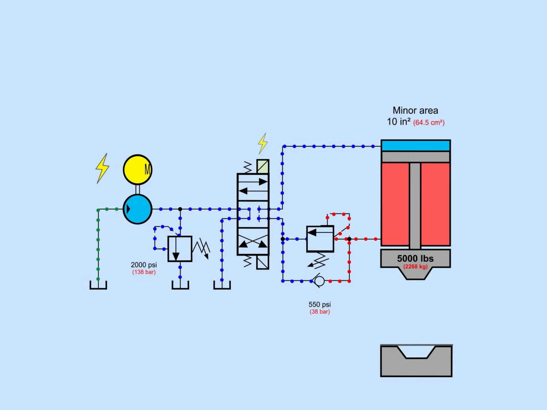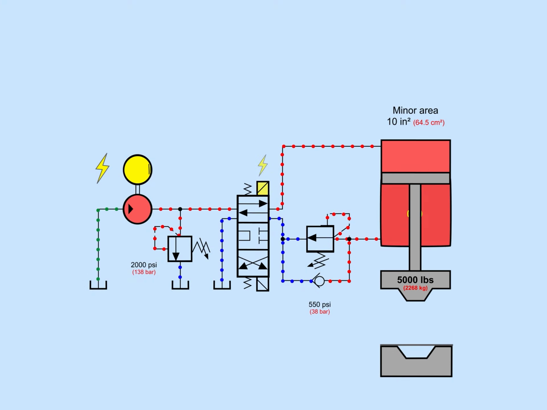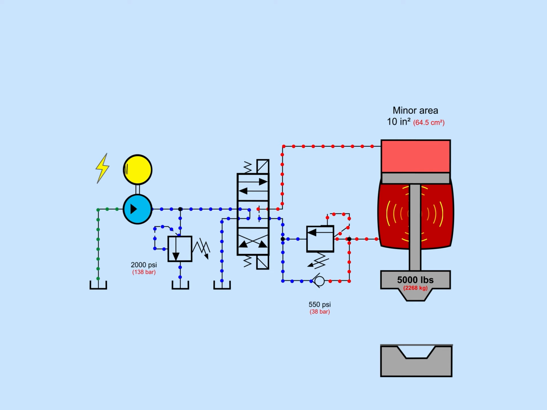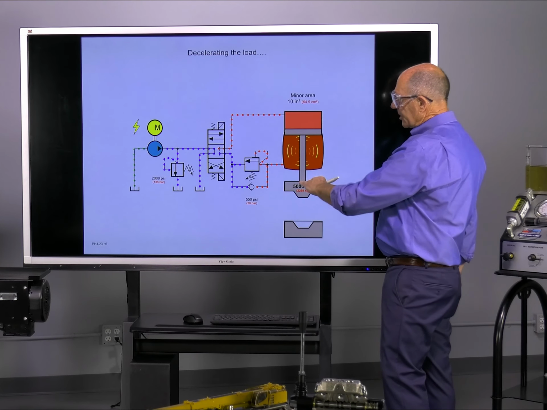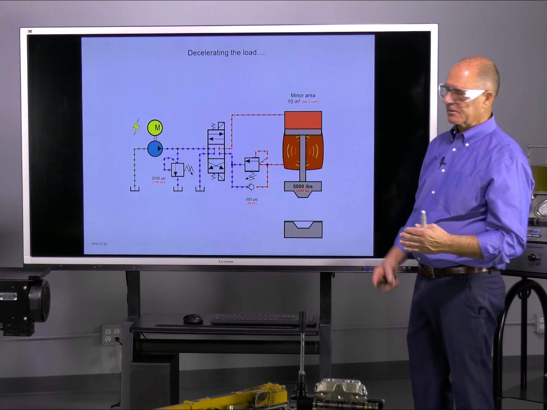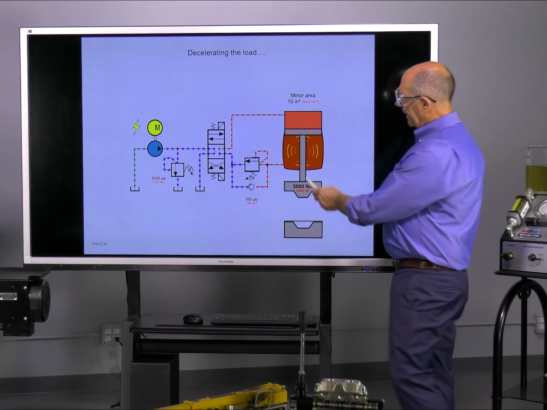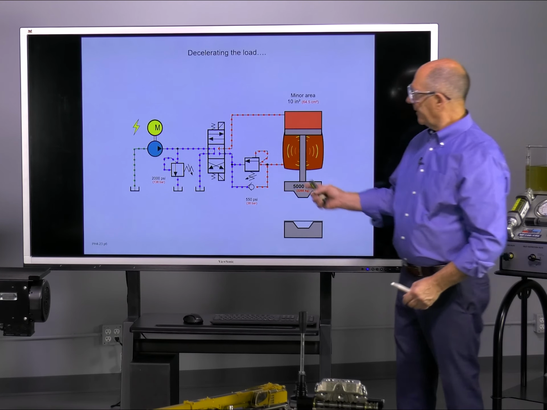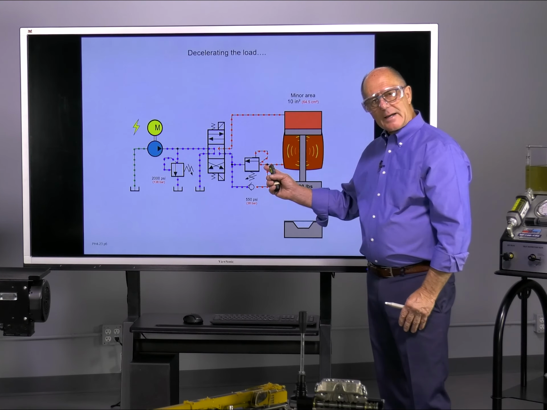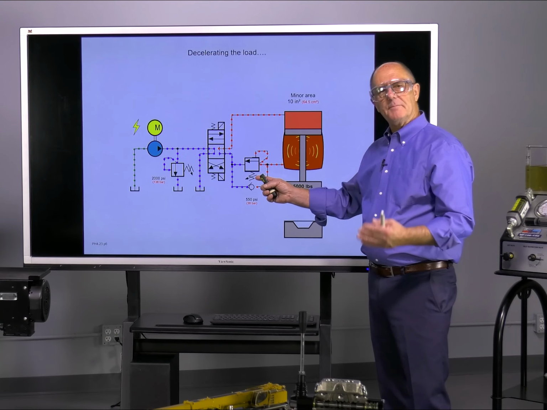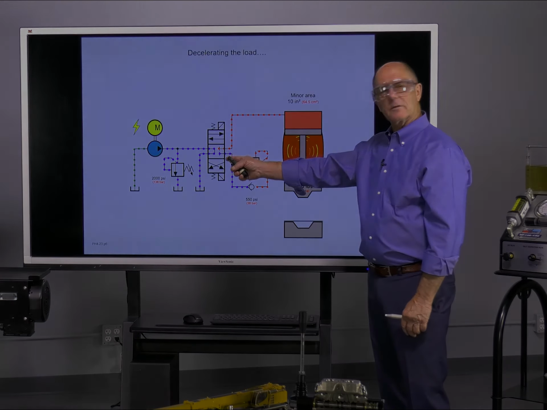Let's look at the next problem. That is deceleration. Naturally, if I suddenly stop the load, and we mentioned this, and this is a very good example of it to make the point, that is, if I suddenly stop the load and the pressure spikes, the only way we can mitigate the pressure spike is if we allow the oil to flow. So what do we